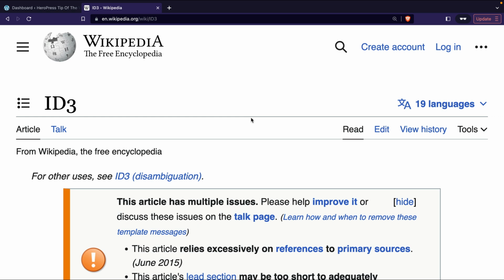This week we're going to talk about ID3 tags, what they are and why you care. Now I'll get right to the point here and say that ID3 tags are related specifically to MP3 files, audio files. So if you're not working with them, this may not interest you. I suggest watching because it's interesting inherently, but it's specifically for working with MP3 files.